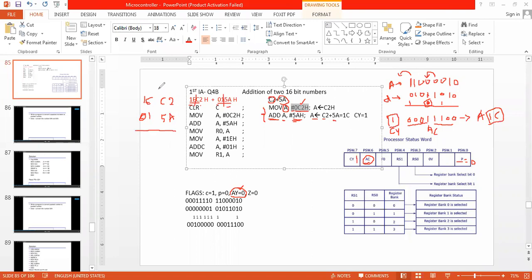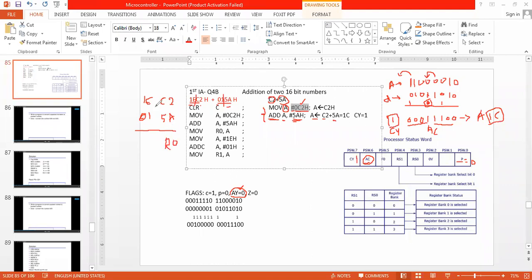I have divided them into 8 bits and 8 bits. So now the lower byte from the first number and the lower byte from the second number, I am going to add them and store the result into R0.